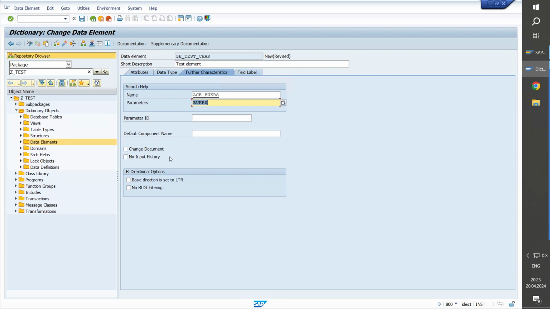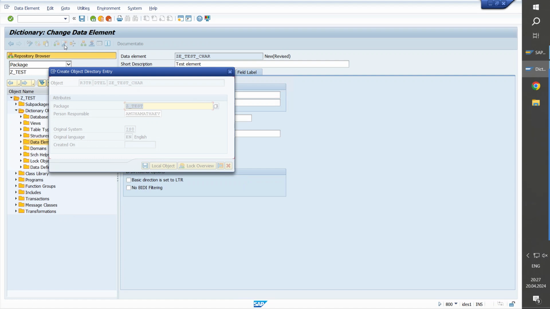It's about input history. I show you, for example, this. You see for this field I have input history. These fields are more specific. Now it's not necessary. Let's continue with how we can use this element.